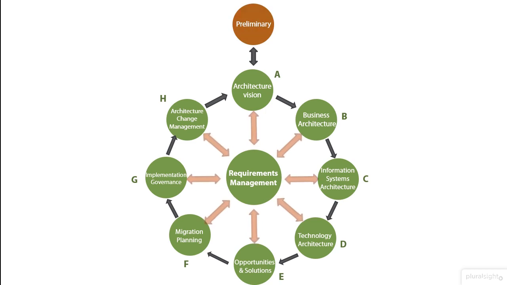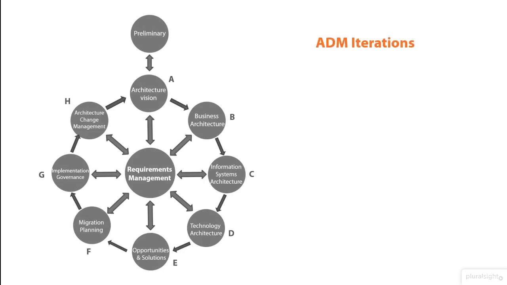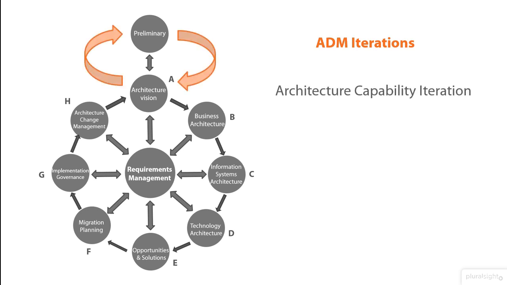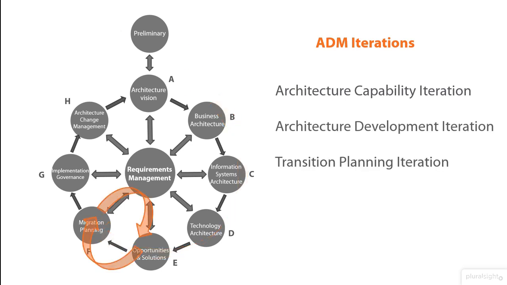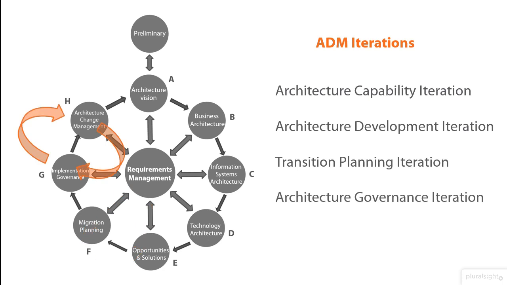It is also worth noting that although TOGAF allows ADM to be tailored and customized as you see fit, it does define some standardized iterations out of the box, based on what seems to be followed by the majority of practitioners in the industry. These standard iterations include the architecture capability iteration, architecture development iteration, transition planning iteration, and architecture governance iteration. Let's look at each of these and in the process also take a quick lap around the ADM